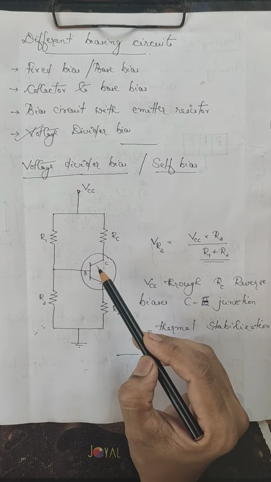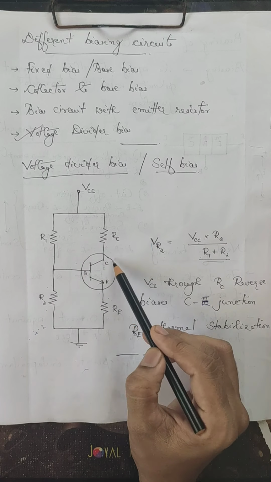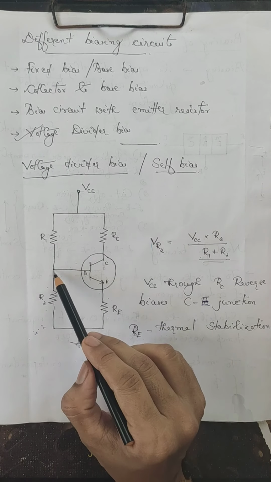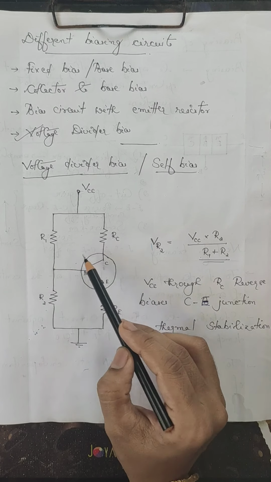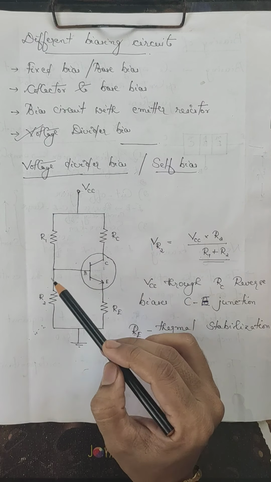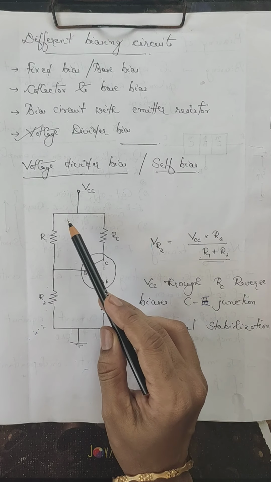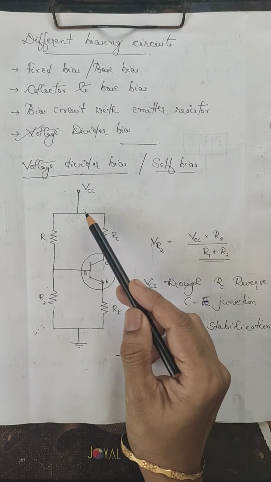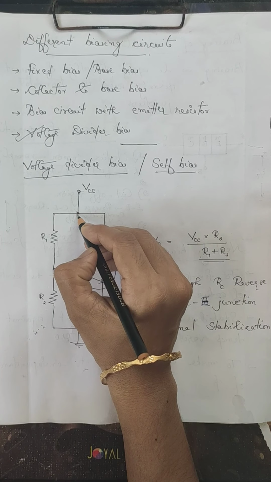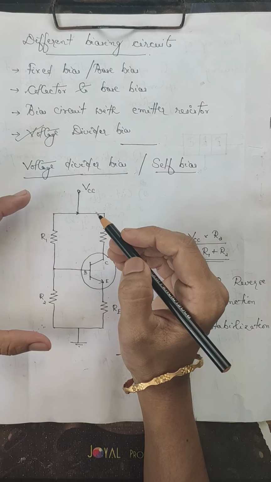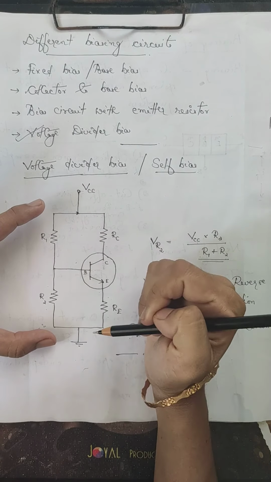So here, initially, before giving bias, this transistor will be in the off condition. So no current will flow through this branch. Hence we can neglect this branch. So R1 and R2 will be in series, and the total voltage applied across R1 and R2 is VCC. So VCC is the voltage appearing across this branch, that is, this point and ground.